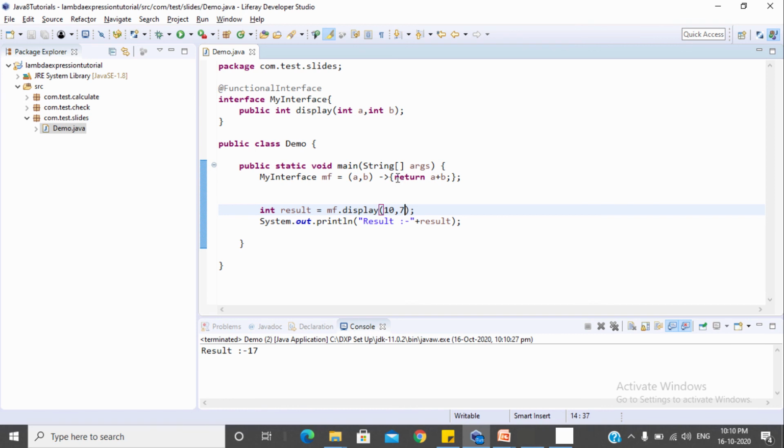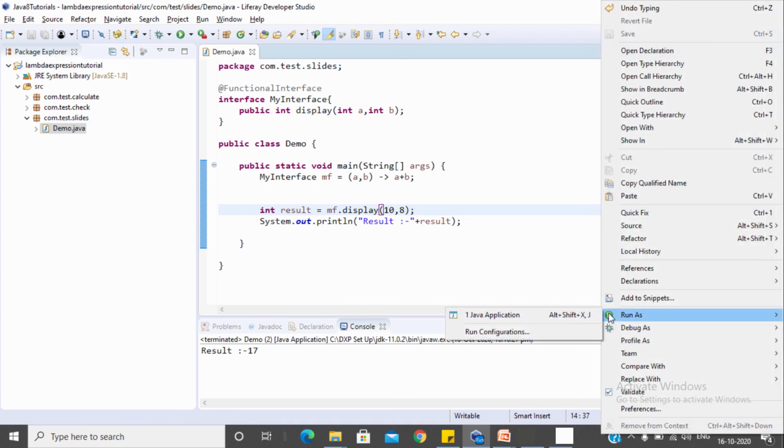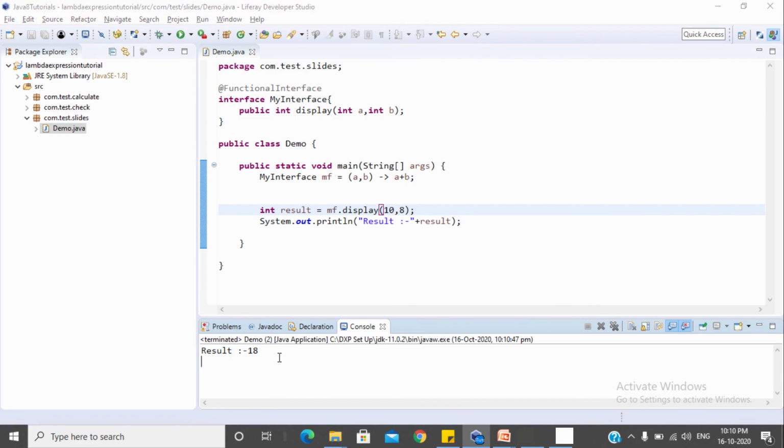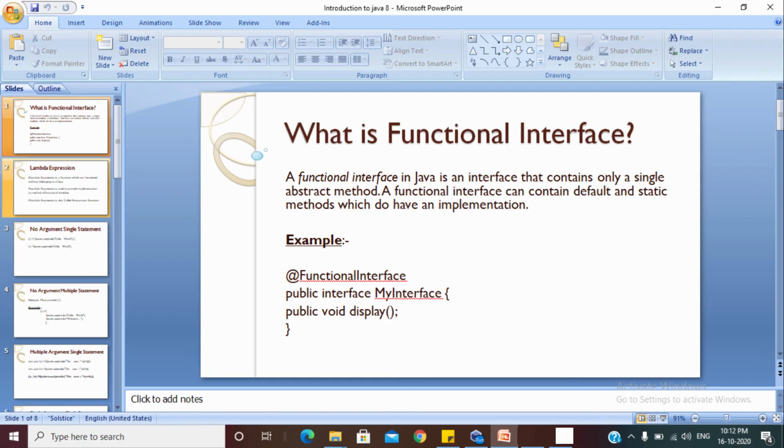Okay, and because it's a single line statement, we can remove these. And this is a condition. If we remove this and your lambda returns something, then you need to remove the return also. And now it should already be working fine. Okay, so the result is 18. So now we have covered almost all the scenarios that come in our lambda. In the next video, we will try to sort the list by using these functional interfaces or the lambda things.